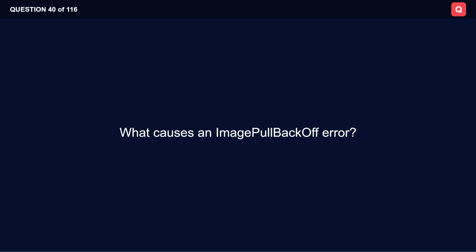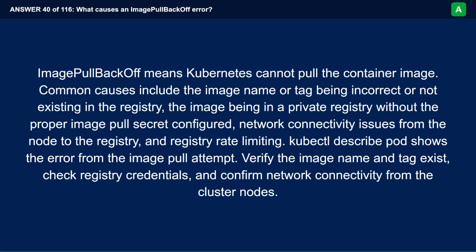What causes an image pull back off error? Image pull back off means Kubernetes cannot pull the container image. Common causes include the image name or tag being incorrect or not existing in the registry, the image being in